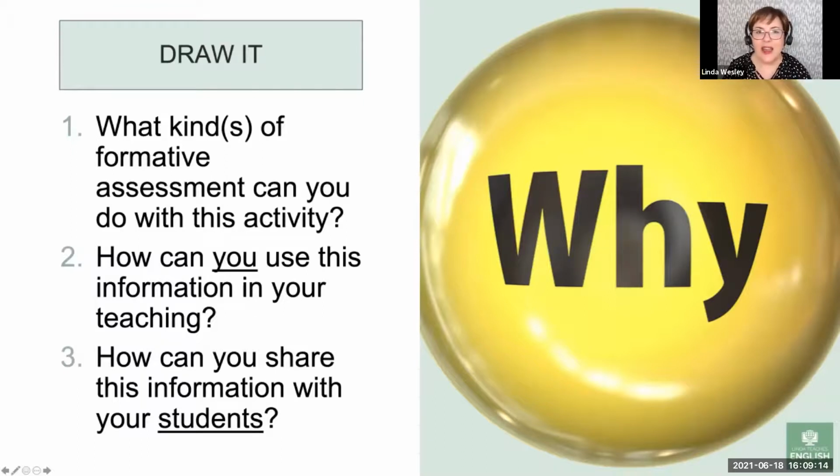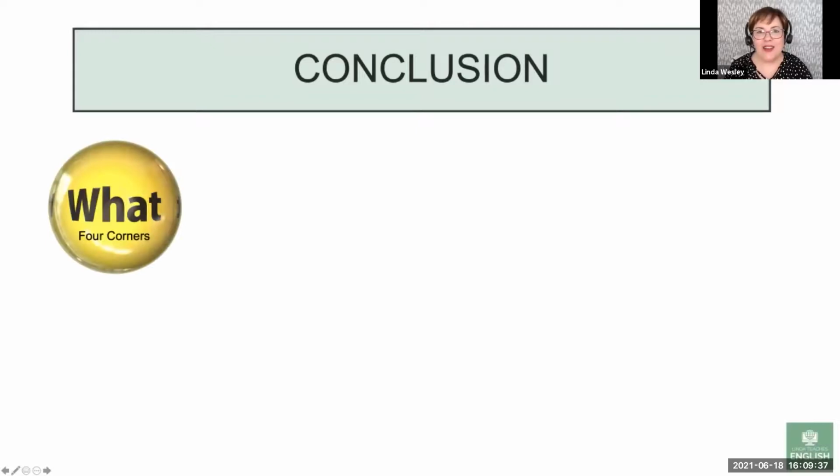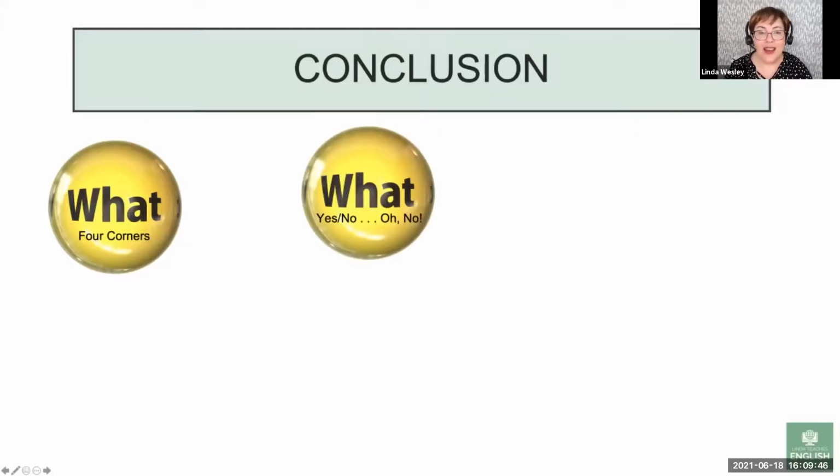All right. So again, I wanted to show you that you can do these in very low resource environments where you don't have access to much technology, or in higher resource environments where you do. So we'll do the conclusion here, and save your pictures, because I'd like to do a big group shot at the end maybe. We've talked about 5 different whats today. The first one, the 4 corners with the favorite sport. We did another what, yes, no, oh no, where you try to ask each other questions and trick each other into saying some variation of yes or no.